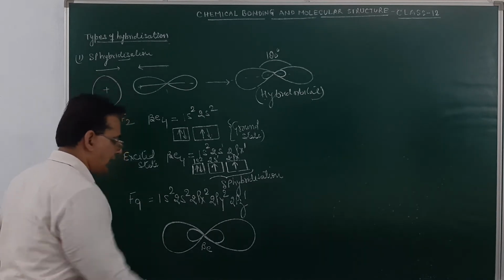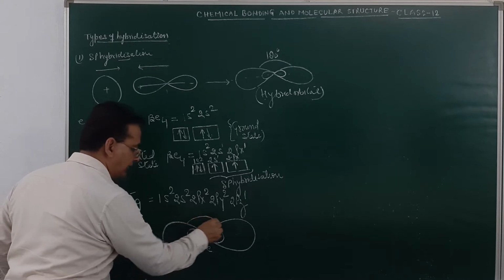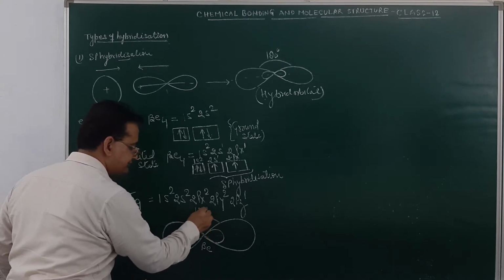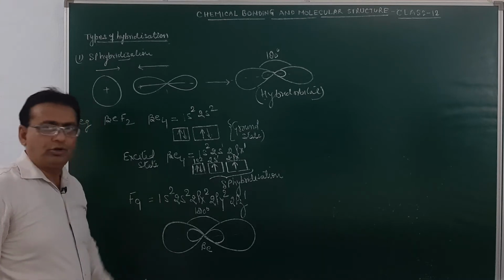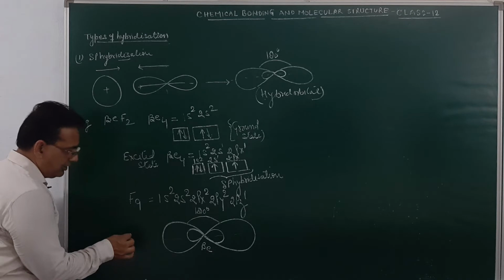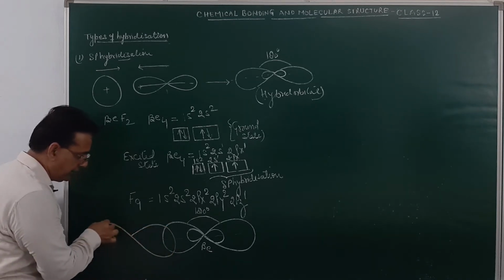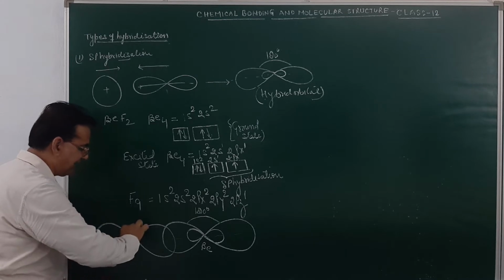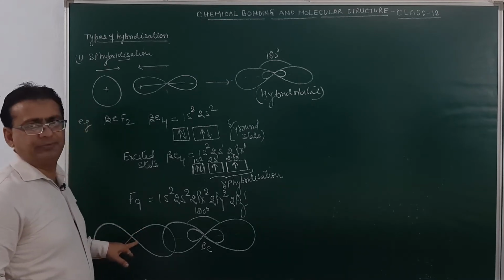have oriented themselves so as to adopt a regular linear geometry with a bond angle of 180 degrees. You may see over here, this is a straight line. So this bond angle will be equal to 180 degrees. Now fluorine, atomic number is 9. Configuration will be 2pz1. One of the fluorine will orient itself in such a manner. Fluorine has a pz atomic orbital.